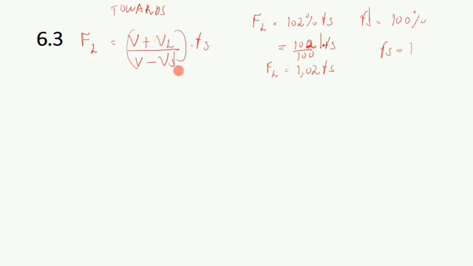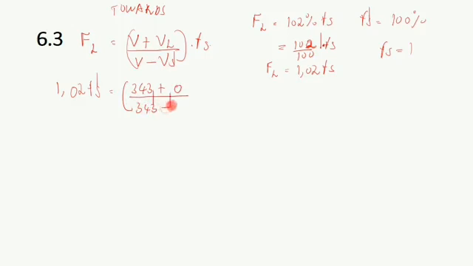So you can see in this case we are not given the frequency of the source, we are not given the velocity of the source, and we are not given the frequency of the listener. So we should at least work with the same expression here. So it's 1.02 fs, and then this will be equal to, the v here is a constant of 343 as given in the statement. Then the velocity of the listener, meant to say, is 0, because the sound detector is said to be stationary, and then 343